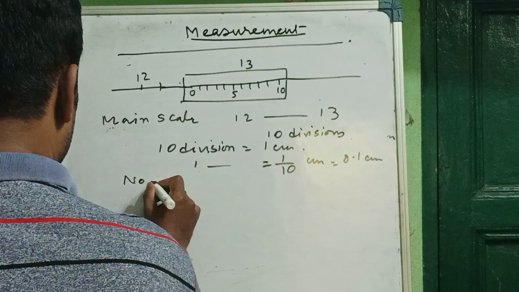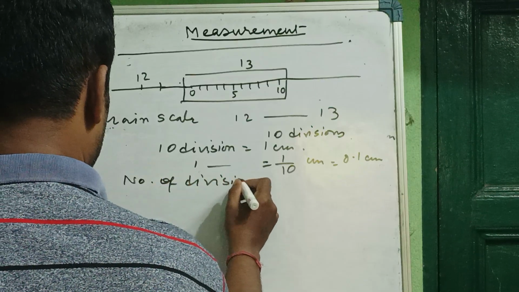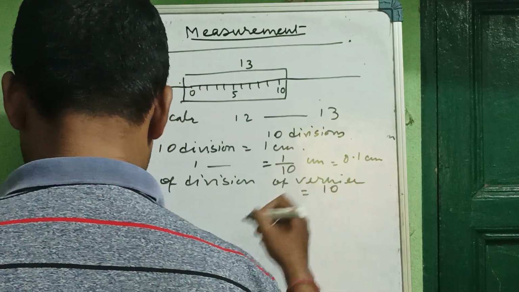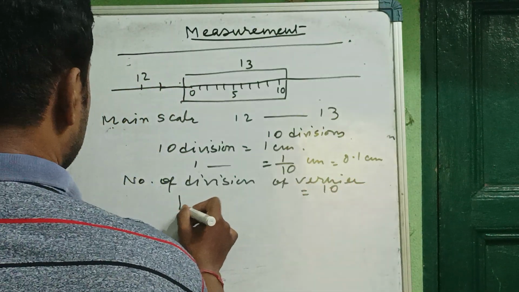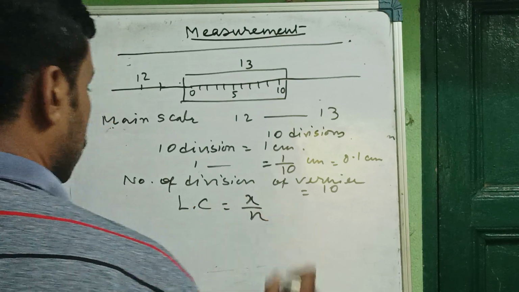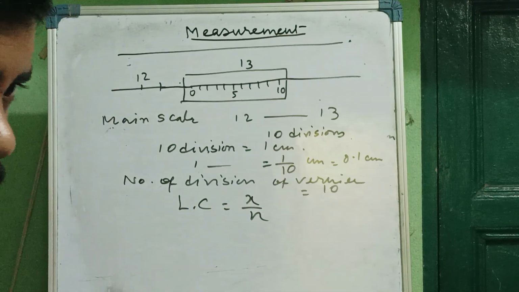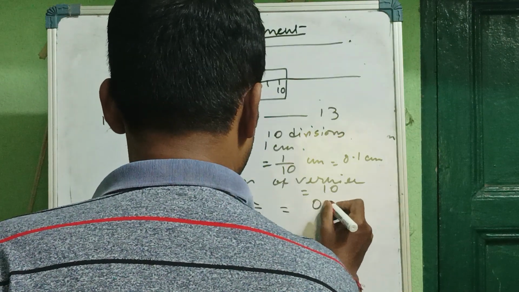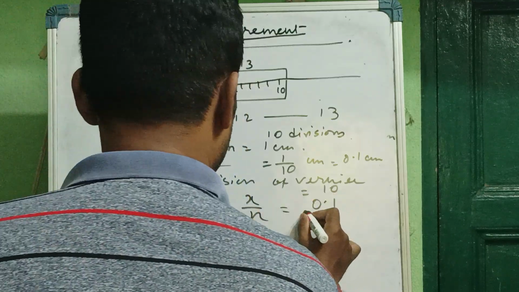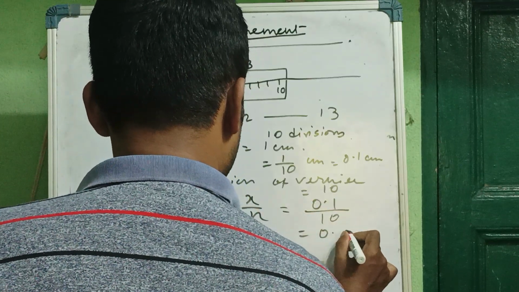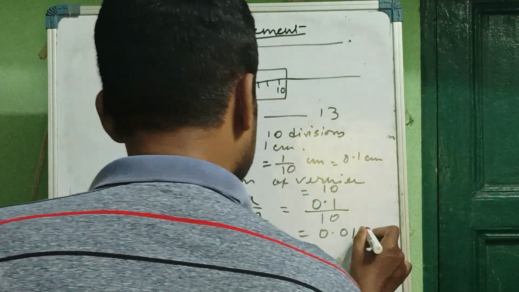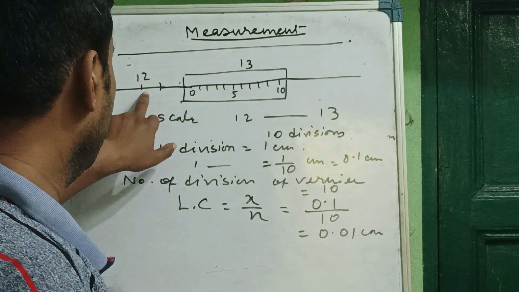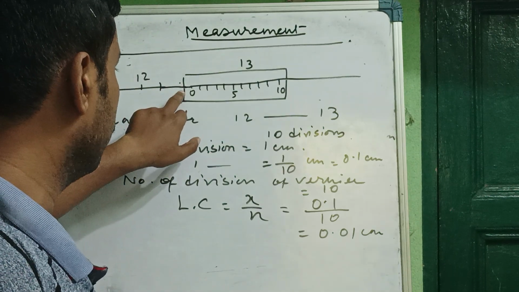Number of divisions of the vernier: 10. Least count, again the formula is least count equals x by n. X stands for main scale divisions, and that is 0.1, and the number of divisions of the vernier scale is 10. So the least count is 0.01 centimeter. Now to take the measurement, we know that 12, that is 12.1, that is 12.2, and